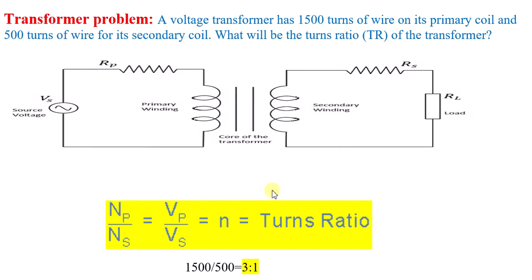Now we will try to understand further, because there can be n number of problems related to transformer in any examination. So if you know one problem, then you should be in a position to solve any problem. That is basically the aim. Now the number of turns for primary and secondary was given, and you have solved this without any problem.